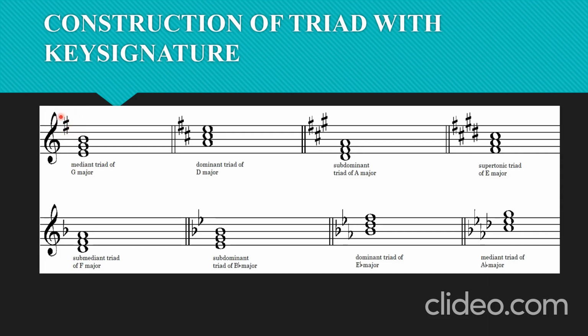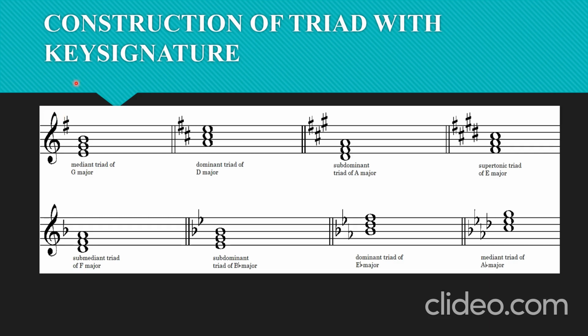Then I go on the scale of G major. What is the mediant on the scale of G? Somebody just told me, it's B. Correct. Because the scale of G is G, A, B, C, D, E, F sharp, G. So B is the mediant, and that means that is the root of the mediant triad of G major. So B will be the root, and then you pick it. The next one will now be D, and then the next one will be F. Although that F is not just ordinary F, it is F sharp.